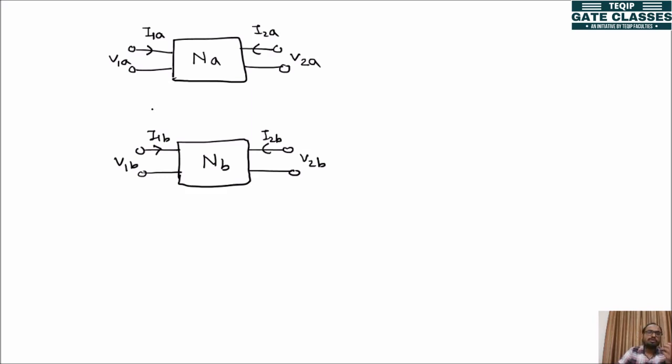See, we want to connect these two networks in series. And you know, in a series connection, current must be the same in the two elements. Like that only, if 2 ports are connected in series, at any port the current will be the same. Suppose this is the first port, this is port 1, and this is port 2.